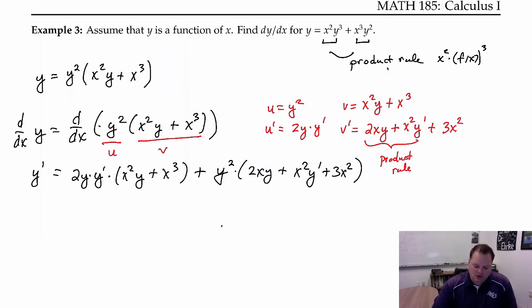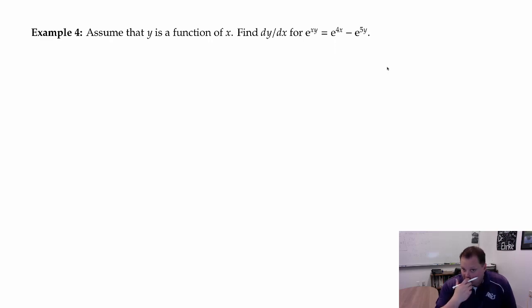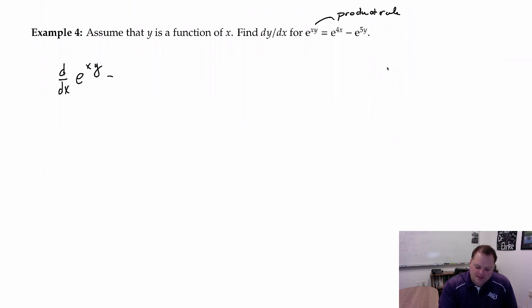What I did want you to see with this example, though, is anytime you have a function of x multiplied by y, you must do product rule on those terms. All right, let's do another one. So here, if you're looking, you should notice, oh, there's an x times a y. I'm going to have to do product rule. So if you take the derivative of both sides,